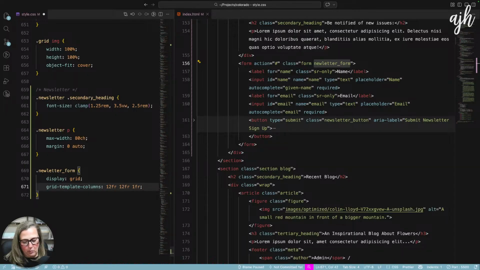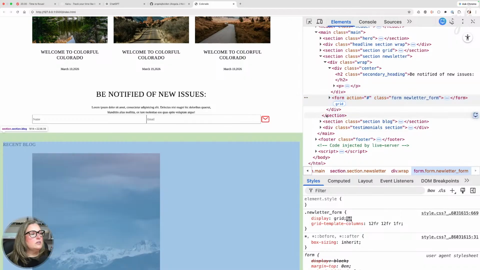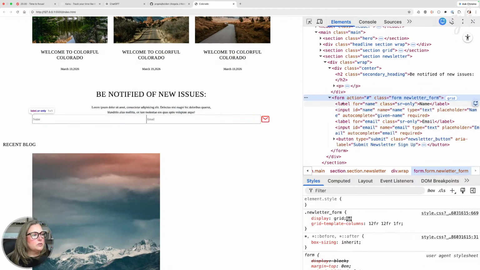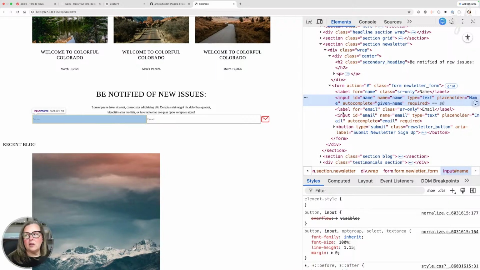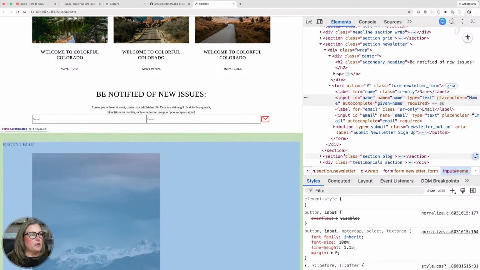And the thing that I kind of wonder about grid that is a little bit confusing is, are these fractions supposed to add up to something? I've been in 12 column land layout for so many years that to me everything is supposed to add up to 12 columns. I don't know if grid is supposed to work like that. I feel like grid removes the whole 12 column thing from development. We don't think about it like that anymore. We just think about it in fractions.